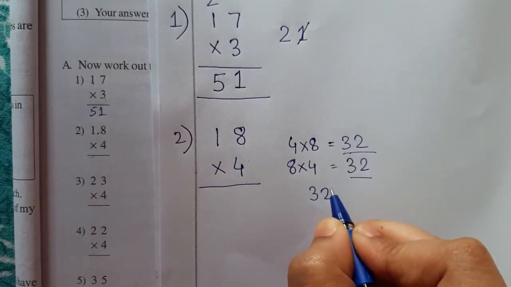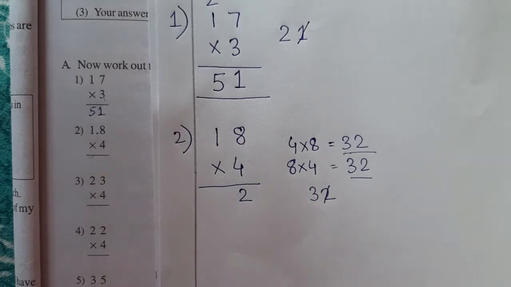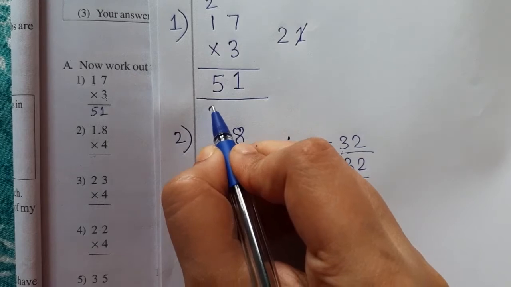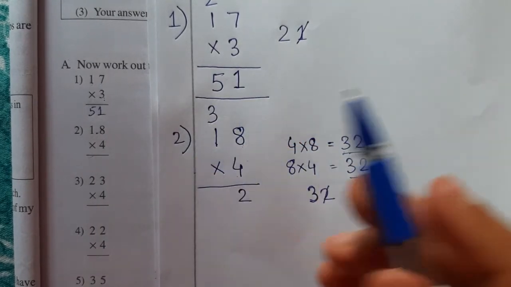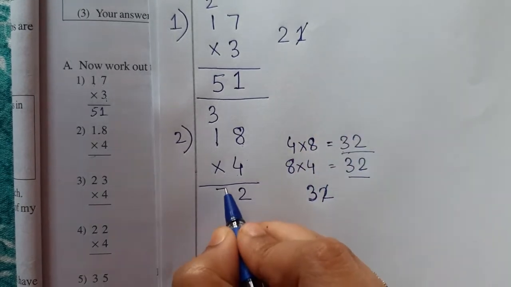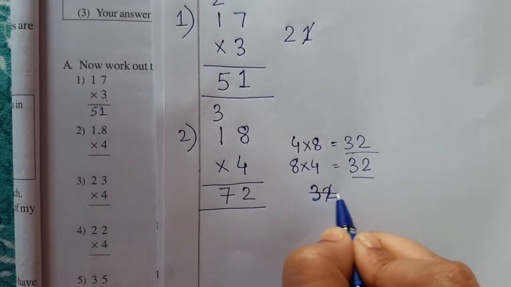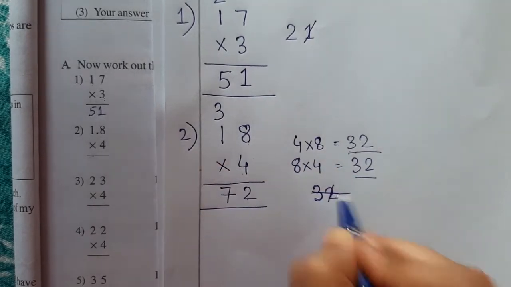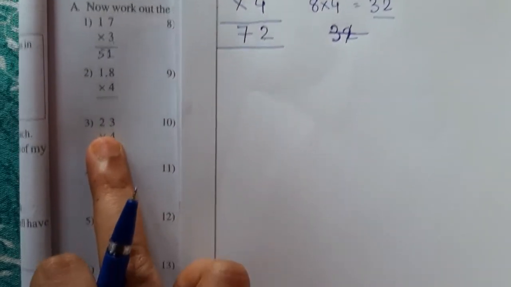Okay. So as I said before, we are going to cut this 2 and we are going to write it here. Okay. Now this 3 remains, right? We are going to carry it forward to here. So 4 ones are 4 plus 3, 4, 5, 6, 7. So the answer is 7. Now this is done, so we are going to cut it. We have used 2 and we have also used 3. So we are going to cut this. It is done. Okay. So now let's move on to question number 3.